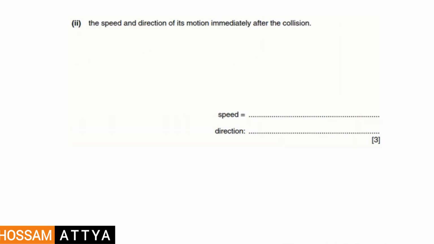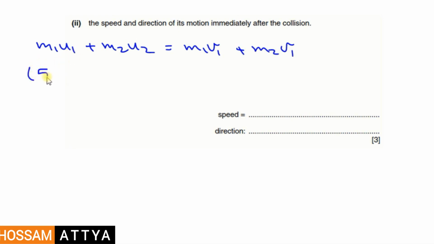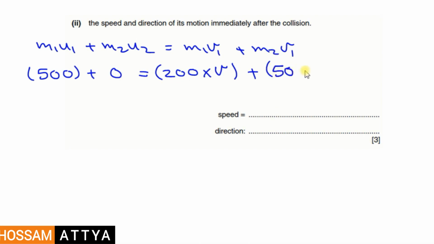The speed and the direction of its motion immediately after collision. Again, m1u1 plus m2u2 equals m1v1 plus m2v2. We got the first momentum already, 500, plus the second car was stationary. The first mass is 200. The speed after collision is unknown, plus the second mass is 50, and it traveled to the left by 4 meters per second. Doing the math,